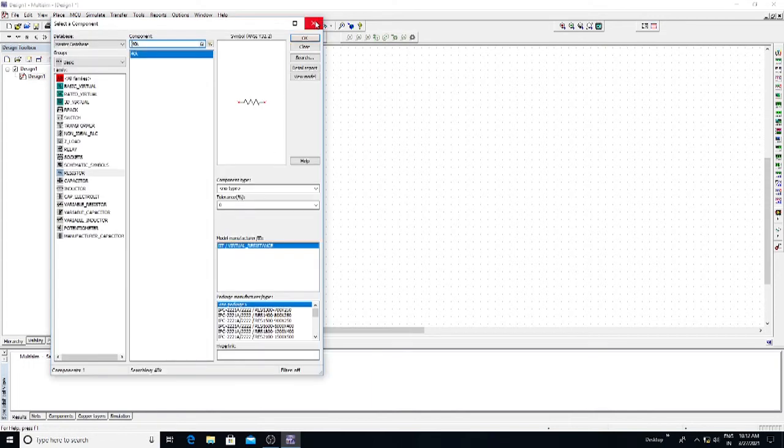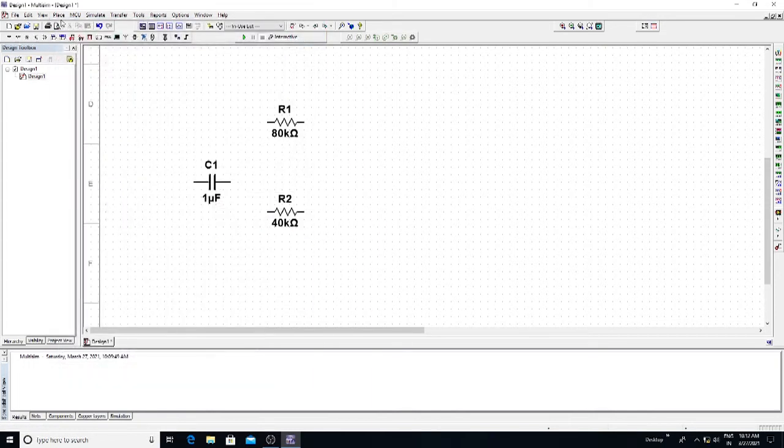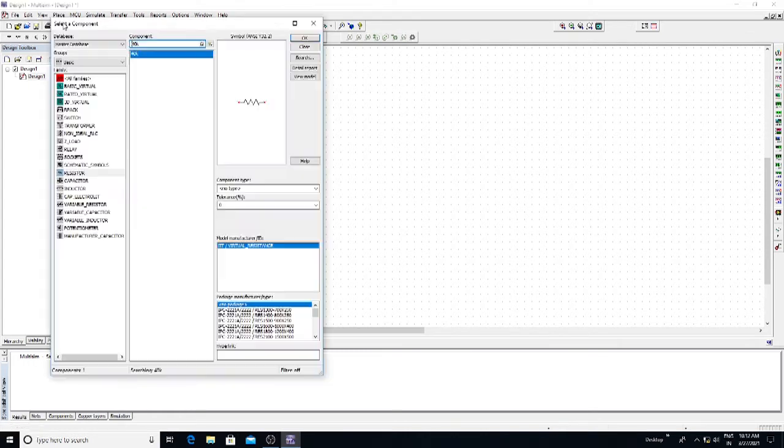Next, we have the transistor. Go to Place, the same component. Here in the group, click here. We'll get Basic. In Basic we chose resistor and capacitor. Now we have the Transistor section directly here. Click on Transistor.